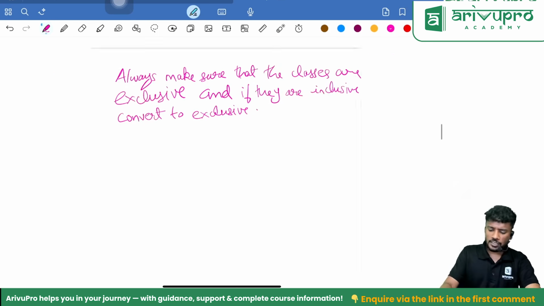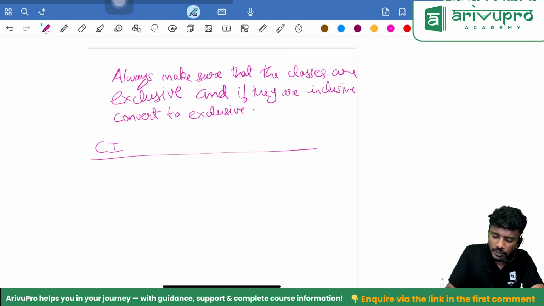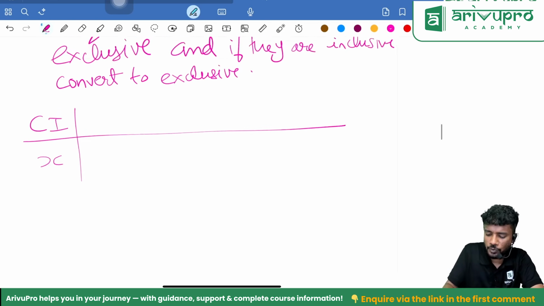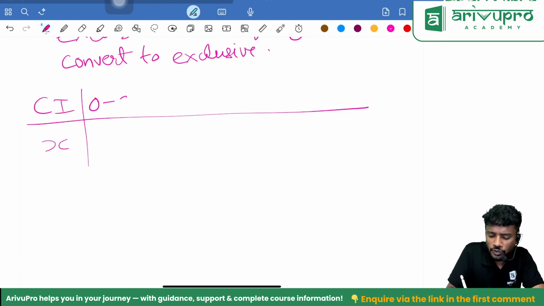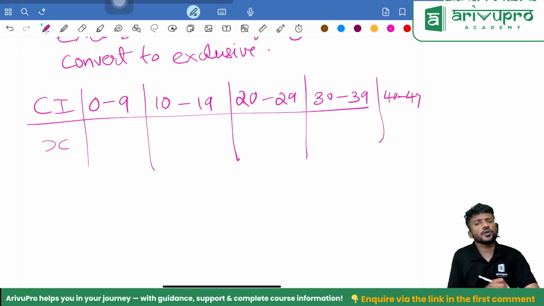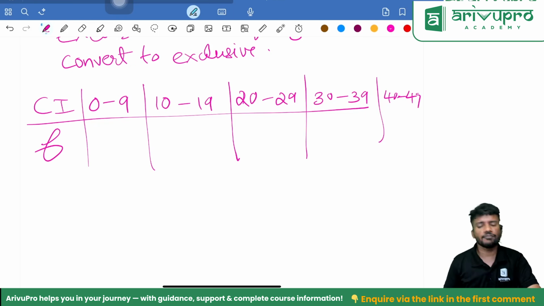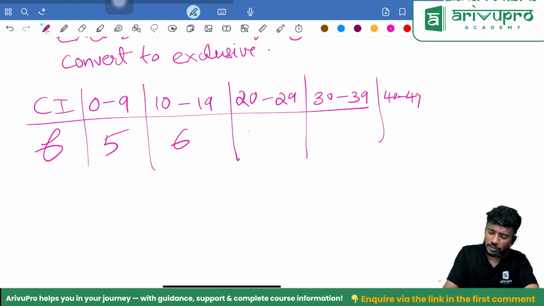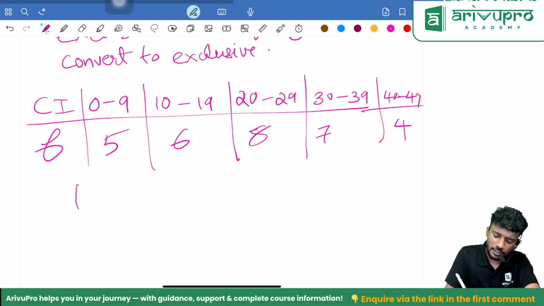Now, I will just show you the class interval and the corresponding f values. For example, 0 to 9, then 10 to 19, then 20 to 29, then 30 to 39, then finally 40 to 49. The corresponding f values, sorry, not x values, frequencies. That means between 0 and 9 there are 5 people, 6 people, 8 people, 7 people, 4 people. Okay, this is the case. Now find